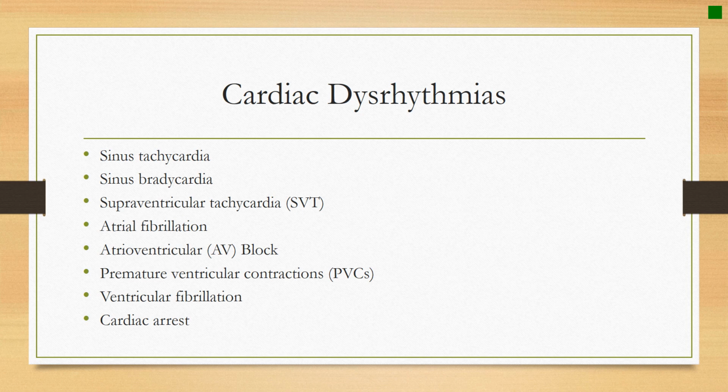Atrial fibrillation. This is electrical activity in the atria that's disorganized, causing the atria to fibrillate or quiver. It's a very rapid production of atrial impulses, characterized by an atrial rate of 350 to 600 beats per minute. Causes are cardiac surgery, long-standing hypertension, pulmonary embolism, atherosclerosis, mitral valve disease, heart failure, cardiomyopathy, congenital abnormalities, chronic obstructive pulmonary